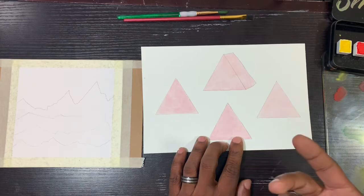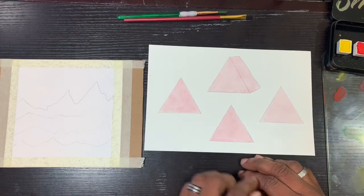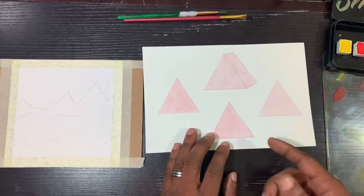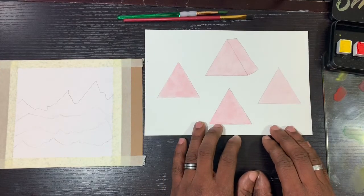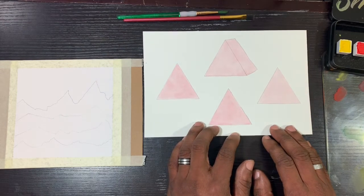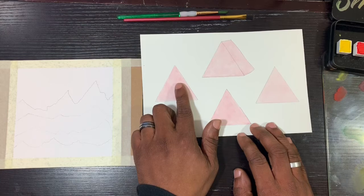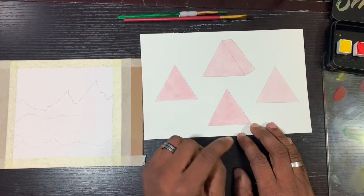You would also want to limit the amount of water in your water to paint ratio as you add layers to prevent re-wetting the initial color and causing the two to blend or the previous layer to lift, unless that was your intention. Okay, so here you will see I have a couple examples of a solid wash that I have already let dry. Now we are going to be adding a second layer of the same color to the first example. This will vary the color, making it darker, as well as helping to add a little texture to